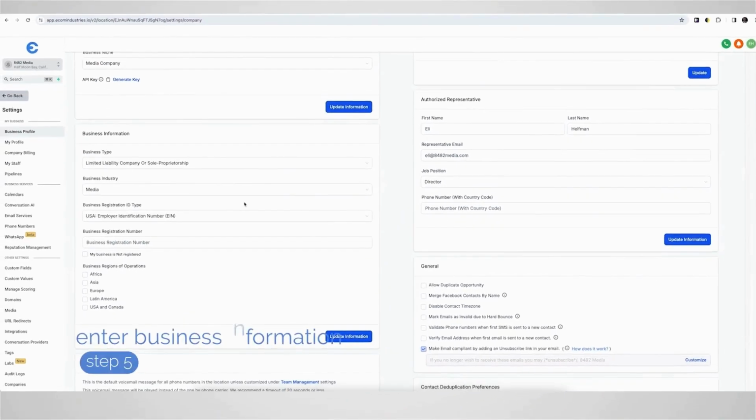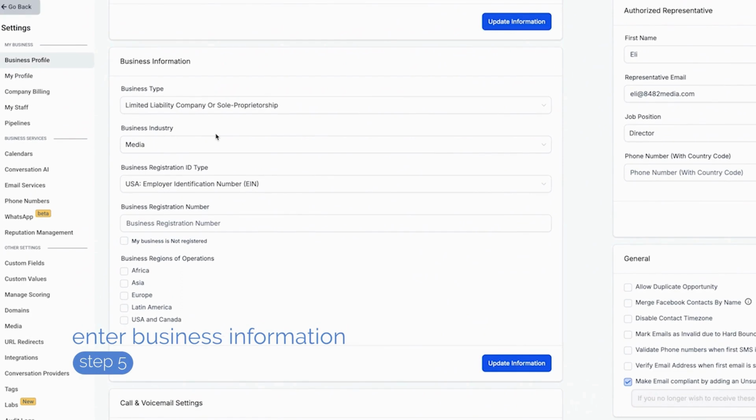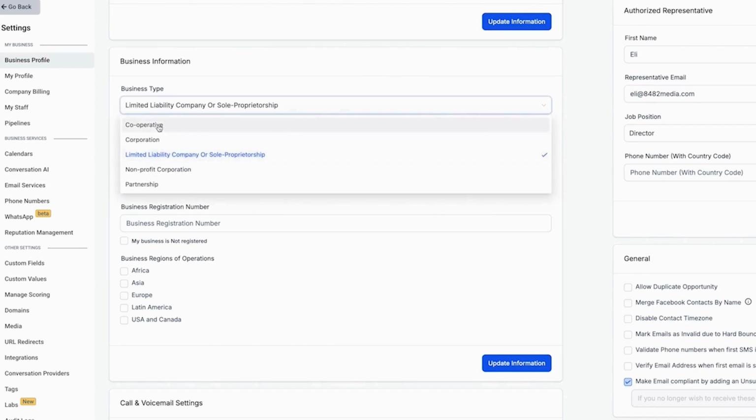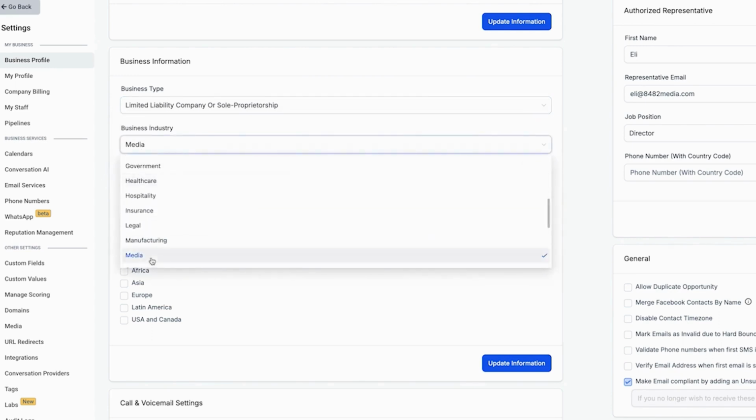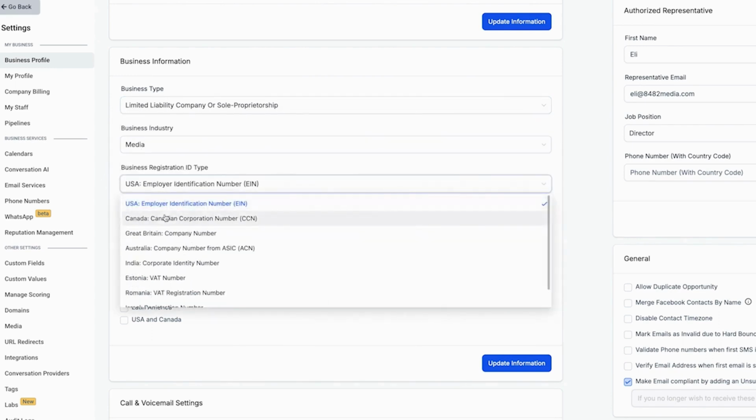The next section now is business information. So this is business type, industry, your business registration number, and where in the world you're operating from. So go ahead and fill these in. You have options of cooperative, corporation, LLC or sole proprietorship, as well as non-profit or partnership. As well as industry, you have a choice of multiple industries within here. Your ID type, so whether you're USA and EIN, whether you're Great Britain with a company number or Canada with a CCN,